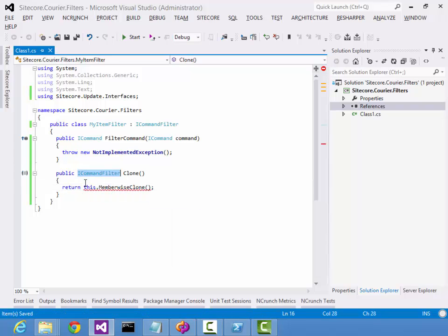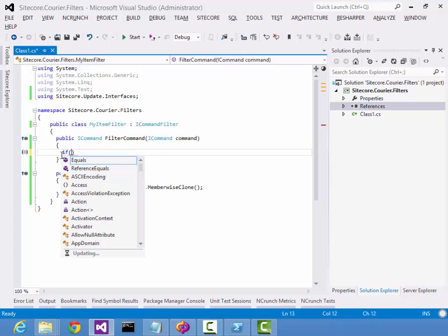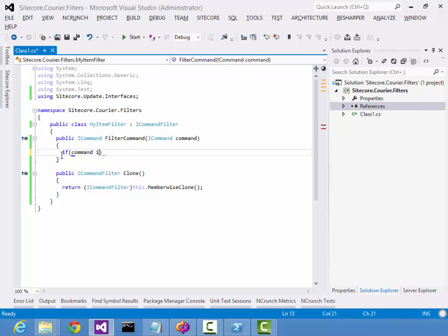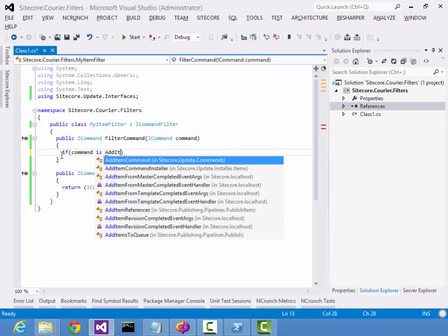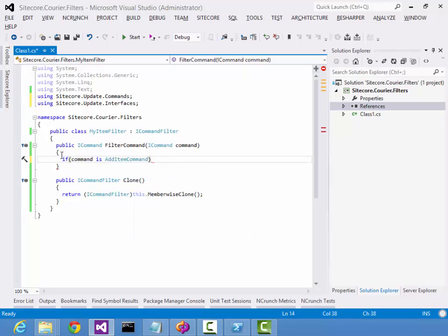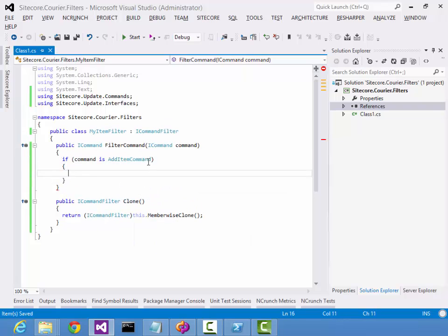Just don't forget to cast it to the right type. Okay, and for the FilterCommand method we will do the following. We will check if our command is actually an AddItemCommand, and if yes, let's just add another variable for convenience.